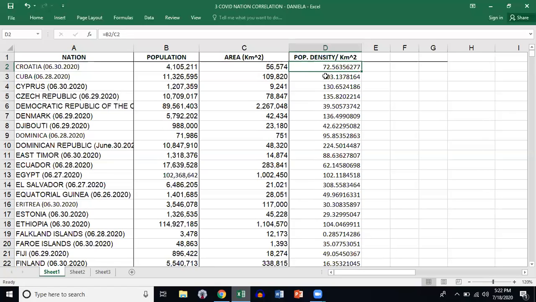But when you scroll down to D3, you notice that it changes to B3, C3, all right? So it moves down accordingly, B4, C4, B5, C5, you see, and it does that automatically because it is sequential, all right? And so each one of these densities corresponds to the particular country that is lined up on that